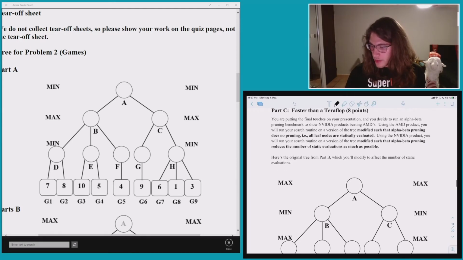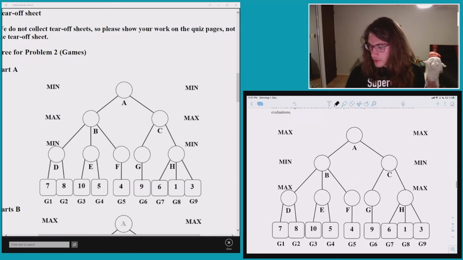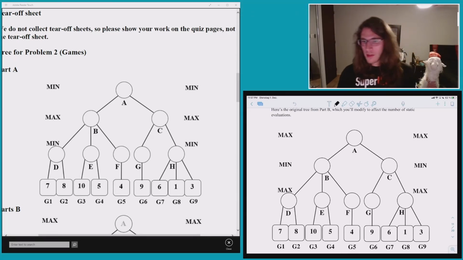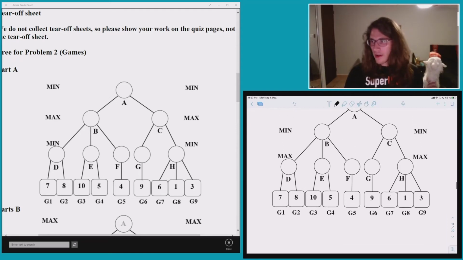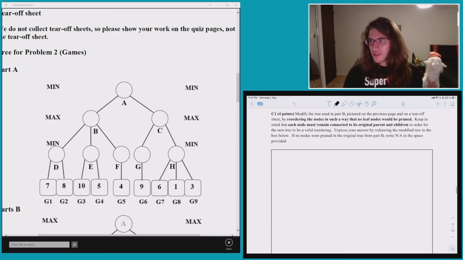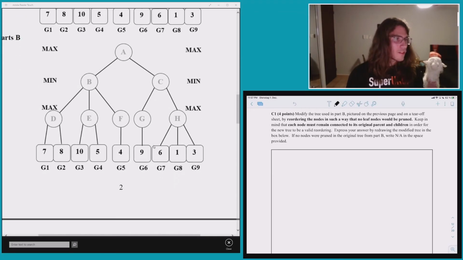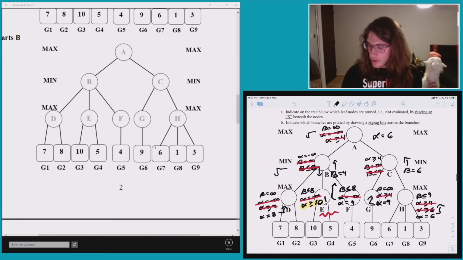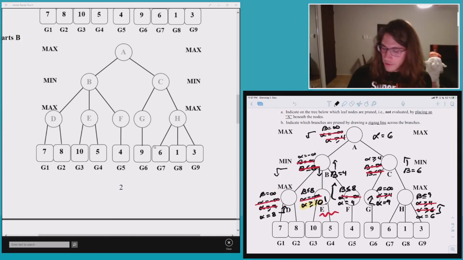Moving on, in this question, we're asked to reconfigure the tree in one of two ways. So the first question asks to reconfigure the tree. This is why I still kept the tear-off sheet next to me. There you go. So we're asked to reconfigure the tree first in a way in which no leaf nodes would be pruned. And if I'm going to quickly scroll back, if we look at this, one very easy way of making no leaf nodes be pruned would have been